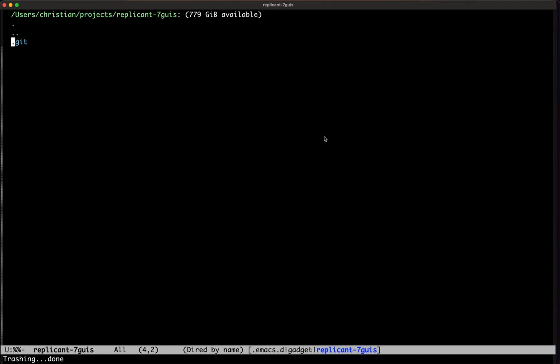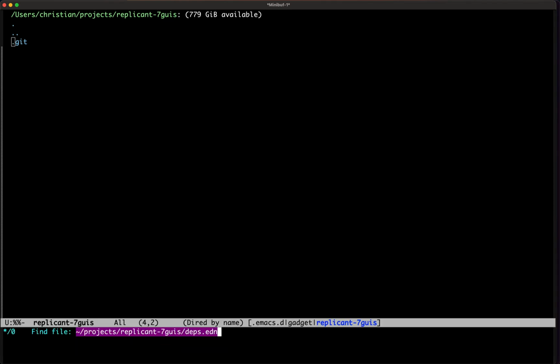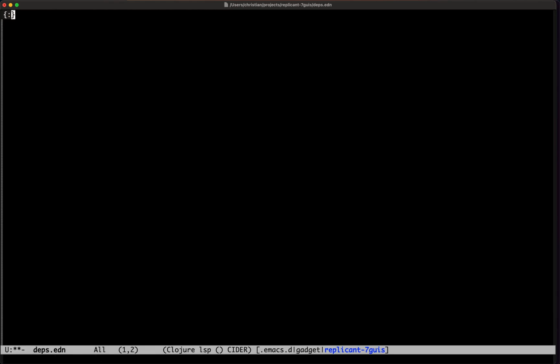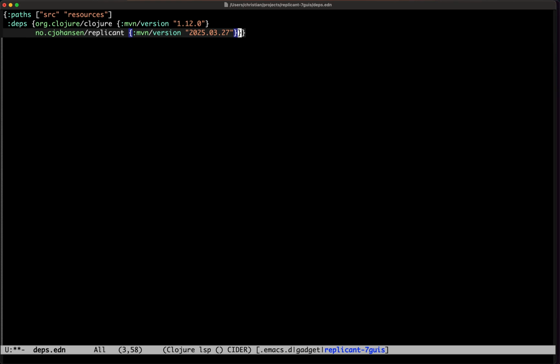So as you can see, I have an empty directory. We'll start by adding a deps.edn file. It will specify what paths to look for files and some deps, of course. So we'll have Clojure, which is currently at version 1.12. And then we'll have Replicant, which is currently at version 2.25, 3.27. And then we'll use Thomas Heller's